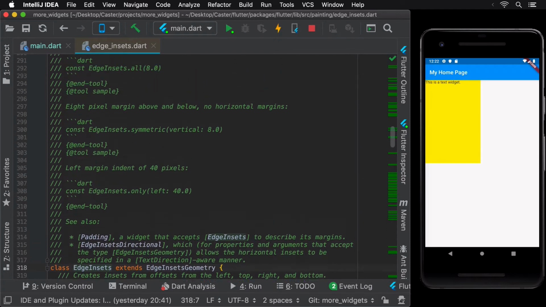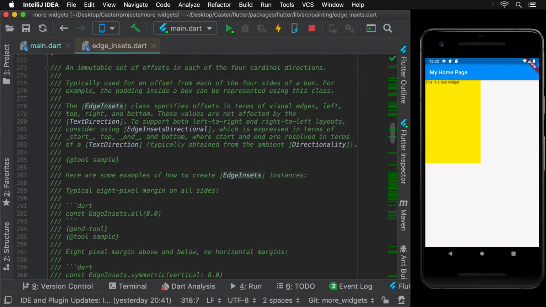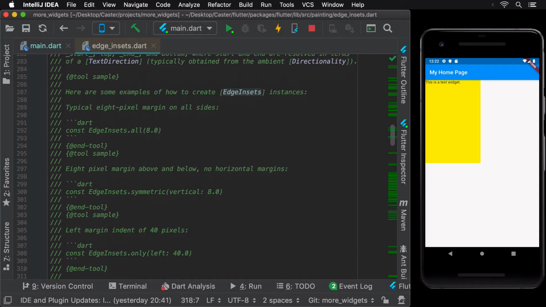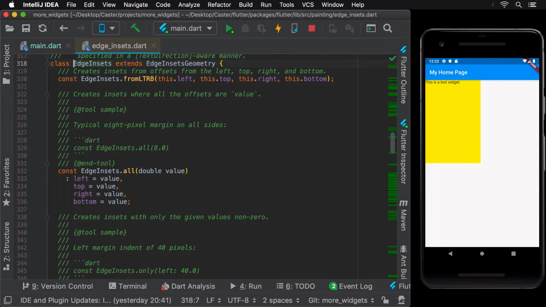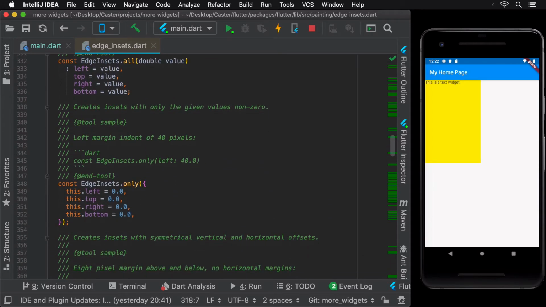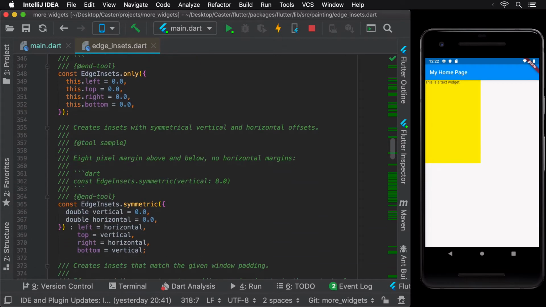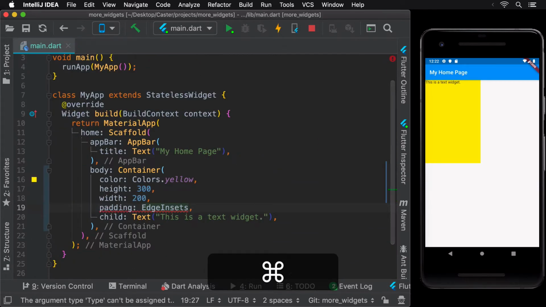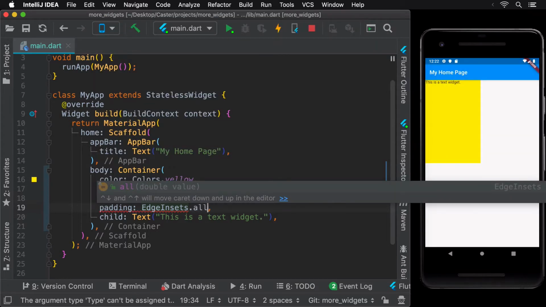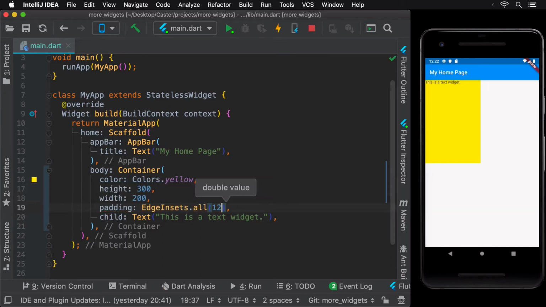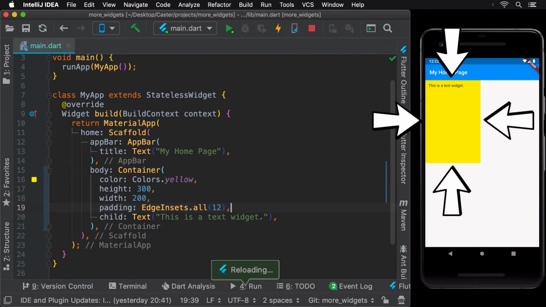EdgeInsets is another class that extends EdgeInsetsGeometry and allows us to specify the offset from all four sides. It is a good practice to declare these EdgeInsets as const instead of new. We'll learn more about const in another lesson. To add an equal amount of padding to all four edges of the container, we can use the all named constructor of the EdgeInsets class. Now, on hot reloading, we see that the container adds a spacing of 12 logical pixels